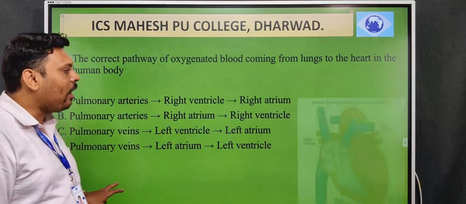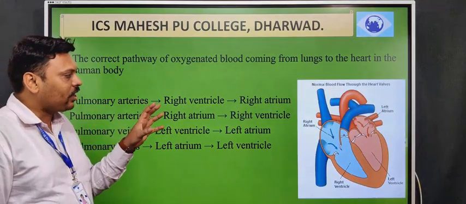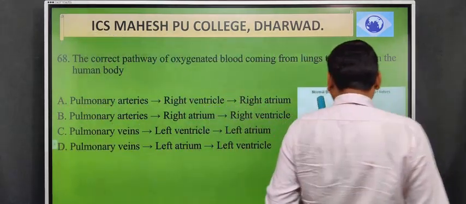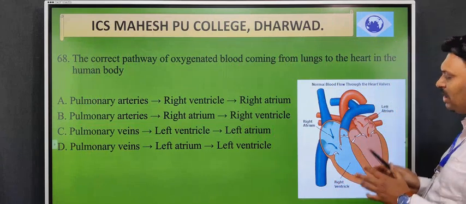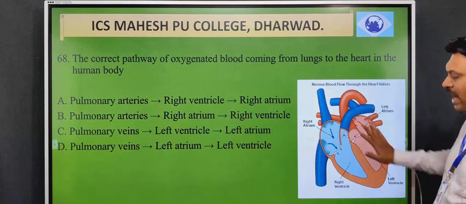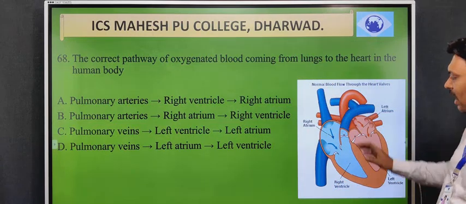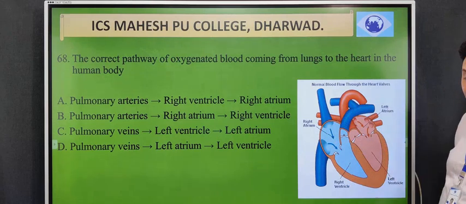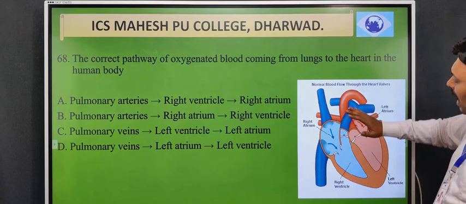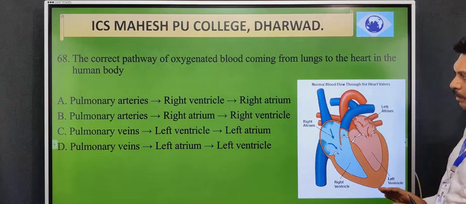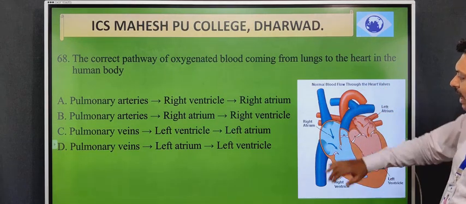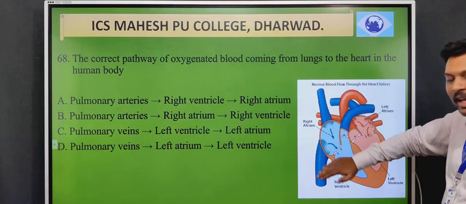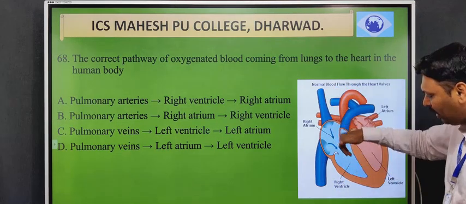As we all know, by looking at the structure of the heart we can understand the concept. The heart is made up of basically four chambers. The upper two chambers are called atria and the lower two chambers are called ventricles. On the right side of the heart, on the upper side, is the entry of blood from the superior and inferior vena cava, where it enters the right atrium.